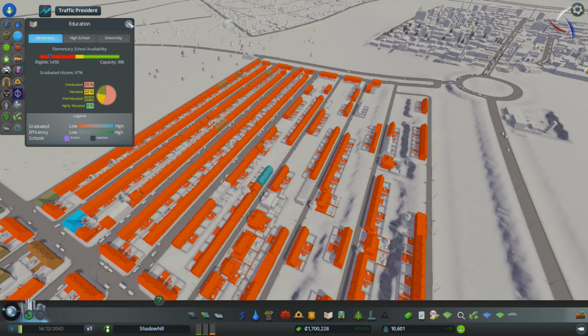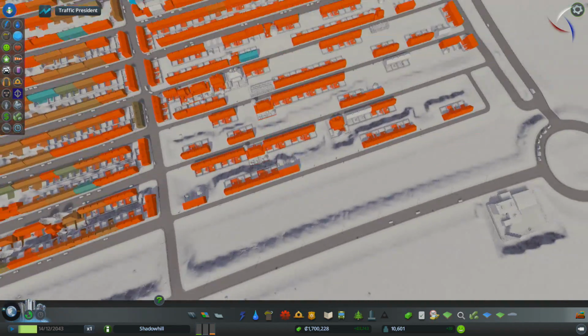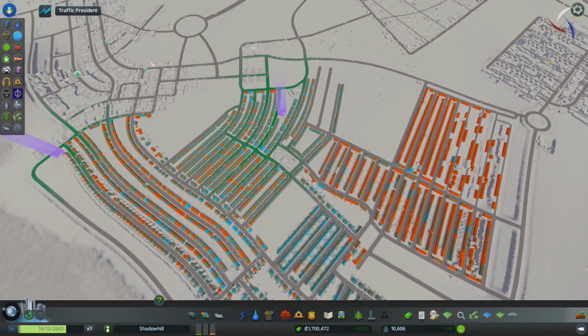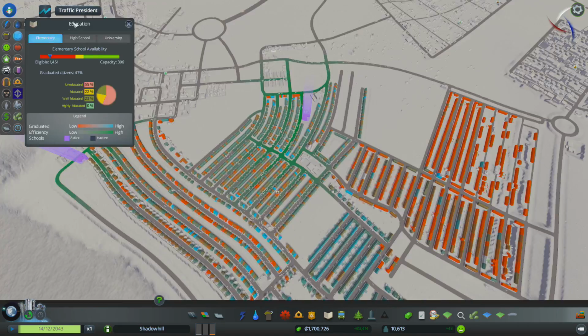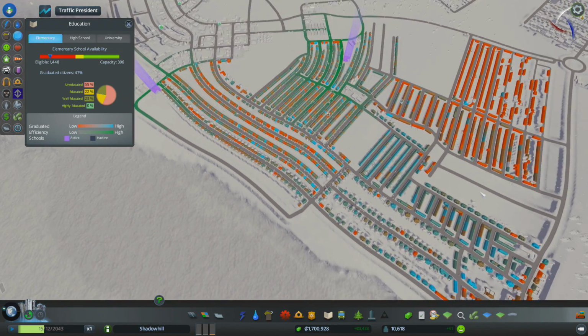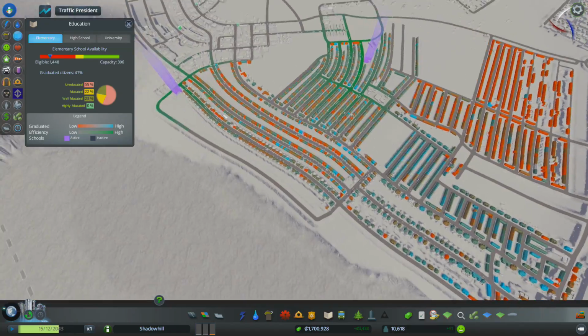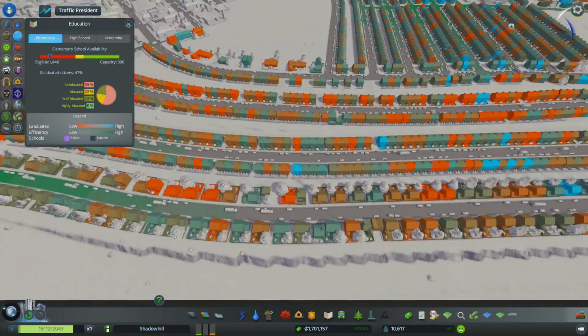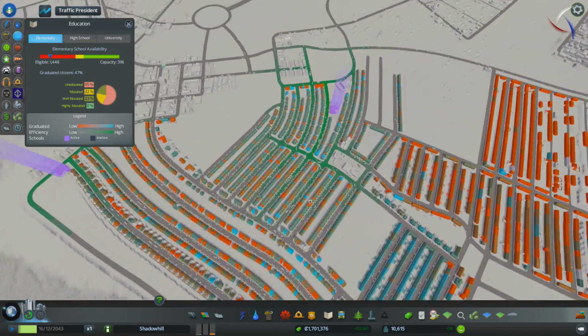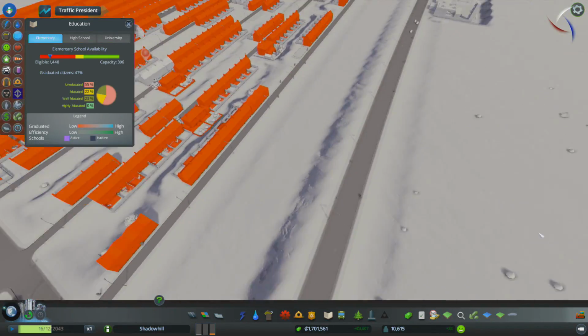So maybe we need to look at adding another primary school. Perhaps around here, actually. We can add another primary school down here. Where's the nearest primary school? Let's have a look. Let's go for primary. There's a primary school there. There's a primary school there. So none around here. All these people aren't educated for some reason. Odd. So if I put another primary school over here,